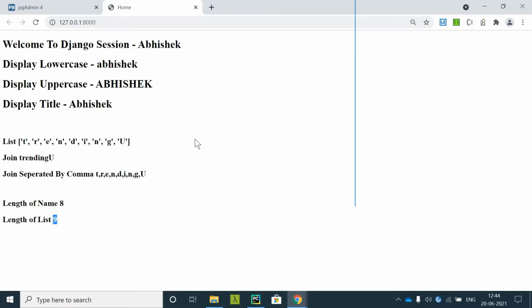Now, sometimes we want to check certain if conditions. Based on the if condition, we need to display a tag or some message in the HTML file. So how do we do that, we'll see.